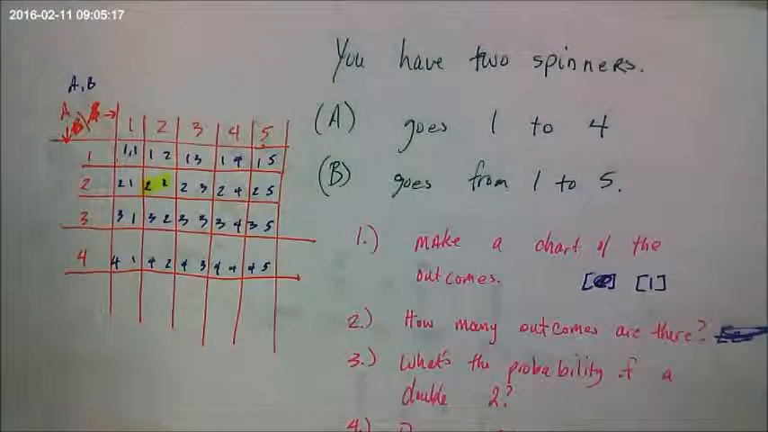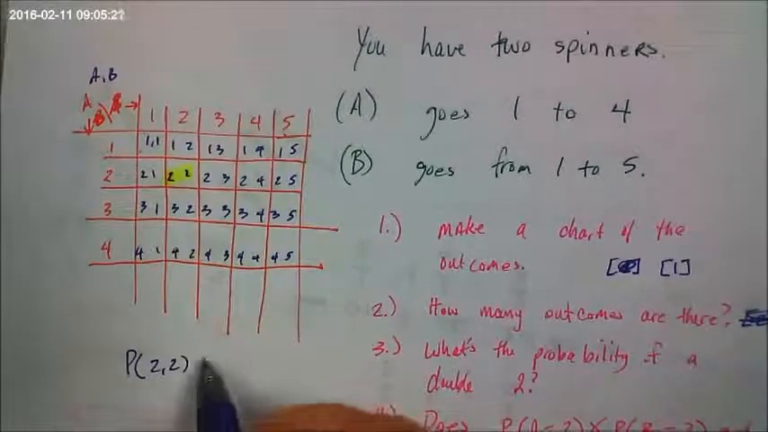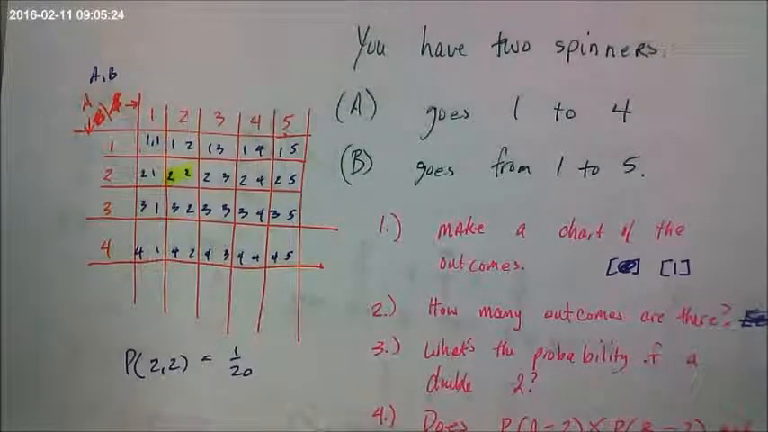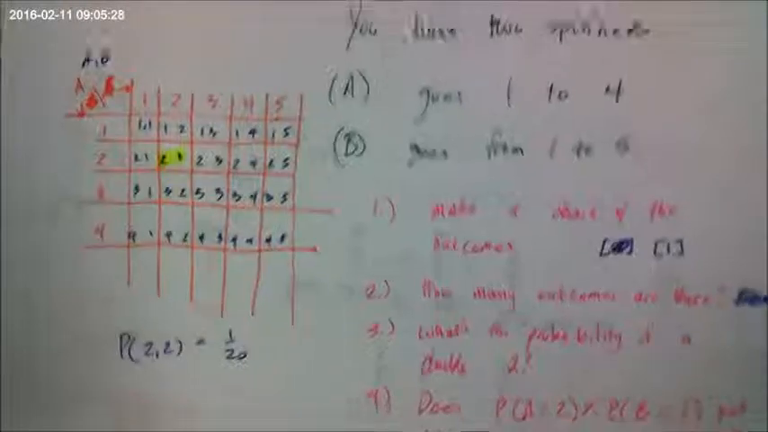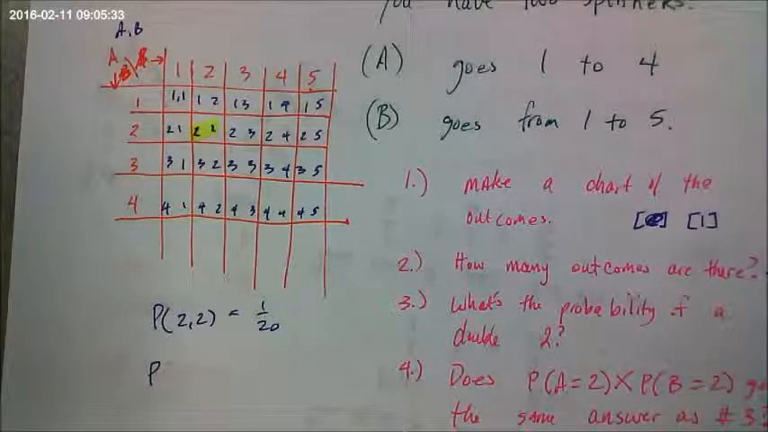That's the only way to get a double 2. So that's 1 way out of 20. So the probability of a 2 and a 2 is 1 out of 20. Are we good? It doesn't ask this question, but what's the probability of getting a 4 and a 3